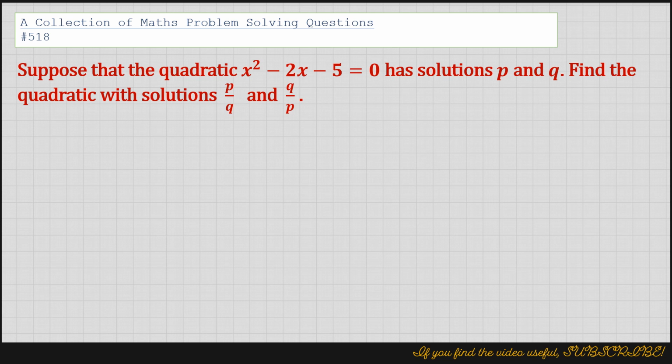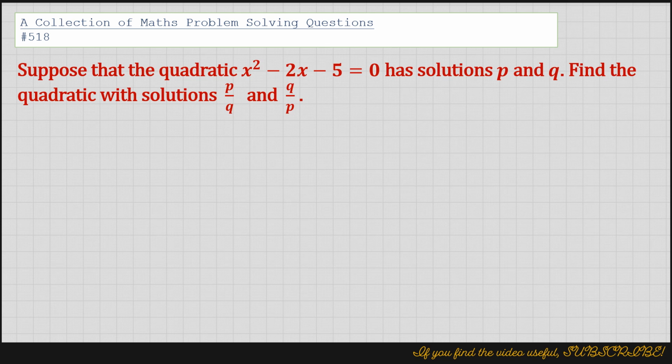Suppose that the quadratic x squared minus 2x minus 5 equals 0 has solutions p and q. Find the quadratic with solutions p out of q and q out of p. So what we can do here is,